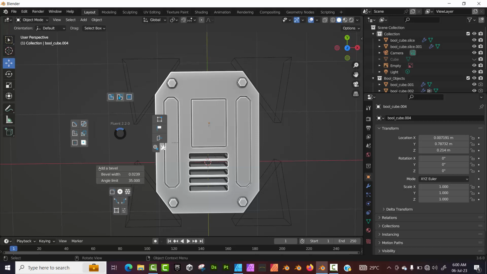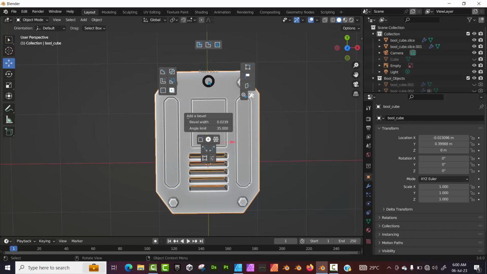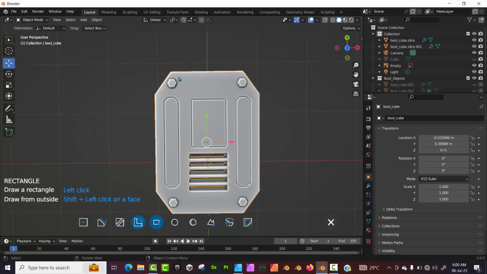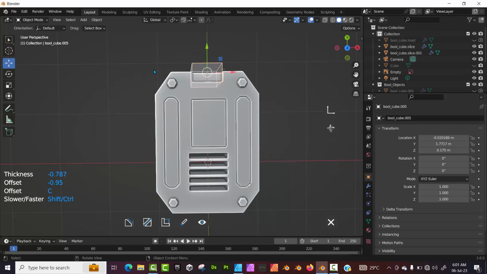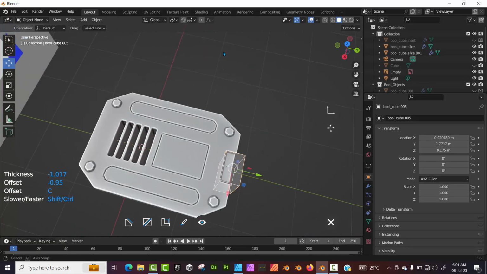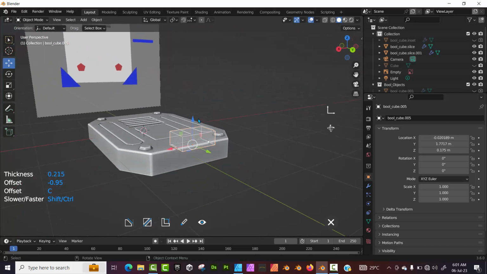So here, let's go ahead and hide our booleans, and let's create our slice here at the top. So let's press F, and here what I'll do is just create the inset, and let's just draw, click on this face, and let's draw this shape here, and let's just add this nice fun looking inset like so. So I want this to just kind of pass through the object. Right click,